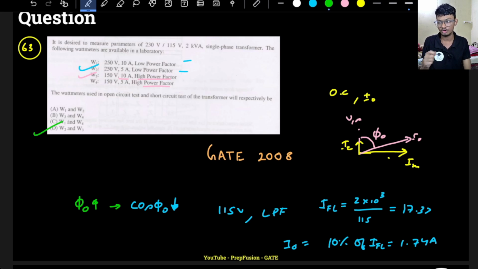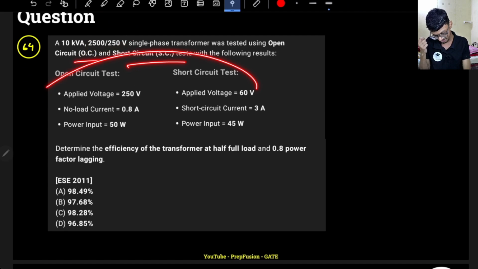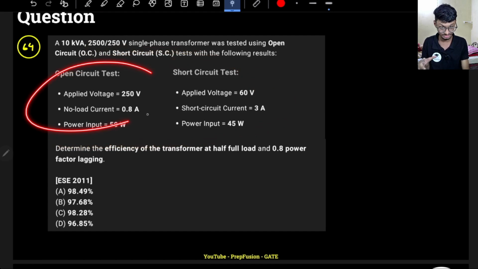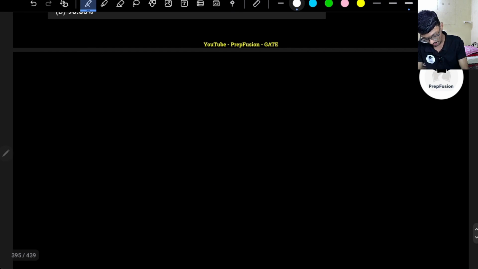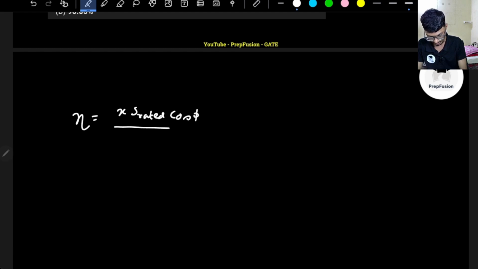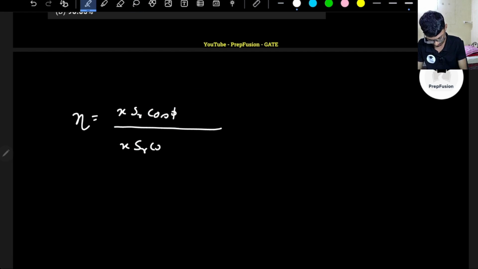So now let's move on to the next question. In the next question, we have this 10 kVA transformer. Open circuit test and short circuit test are performed, and the following are the results of the test. Determine the efficiency of the transformer at half full load and 0.8 power factor. So what is efficiency? If you remember, efficiency was equal to X into S rated cos phi divided by, let me write SR only, else this will be long. So this will be SR cos phi